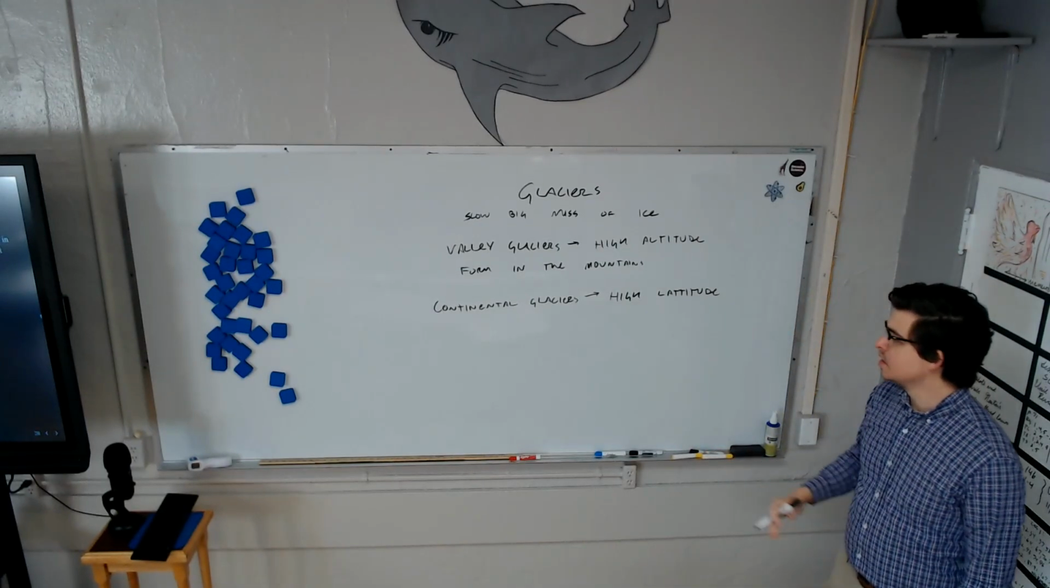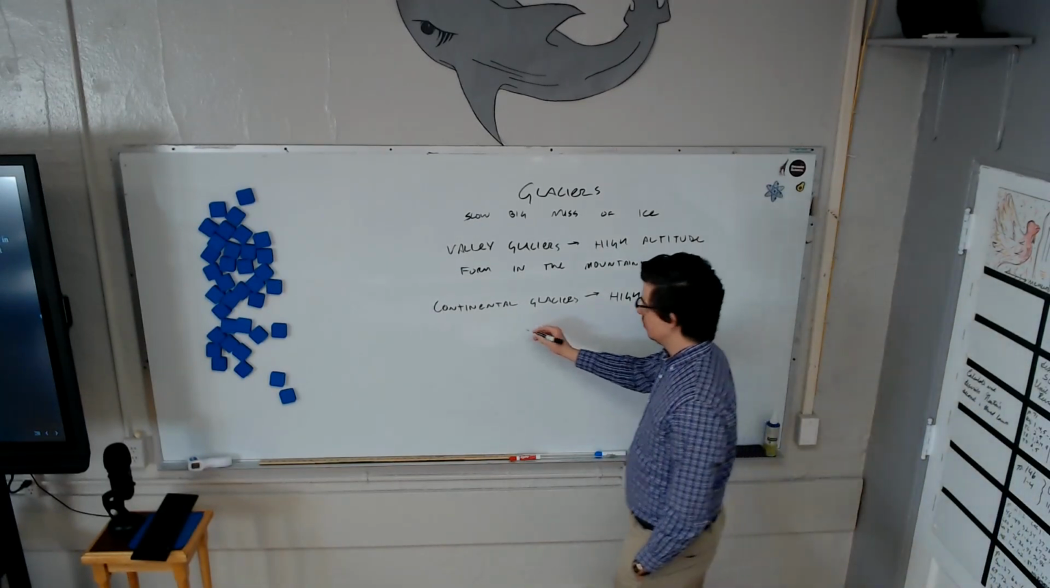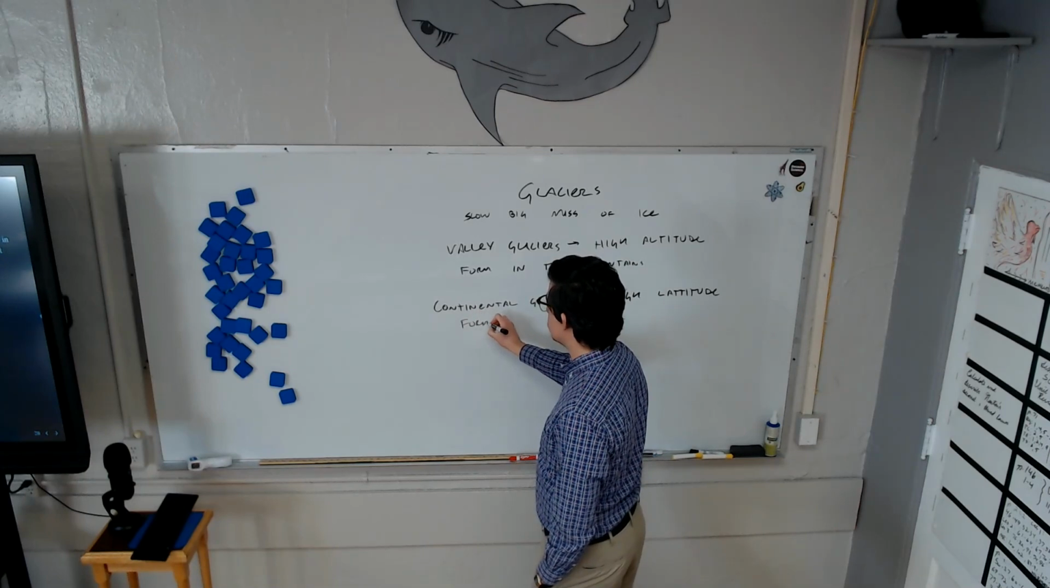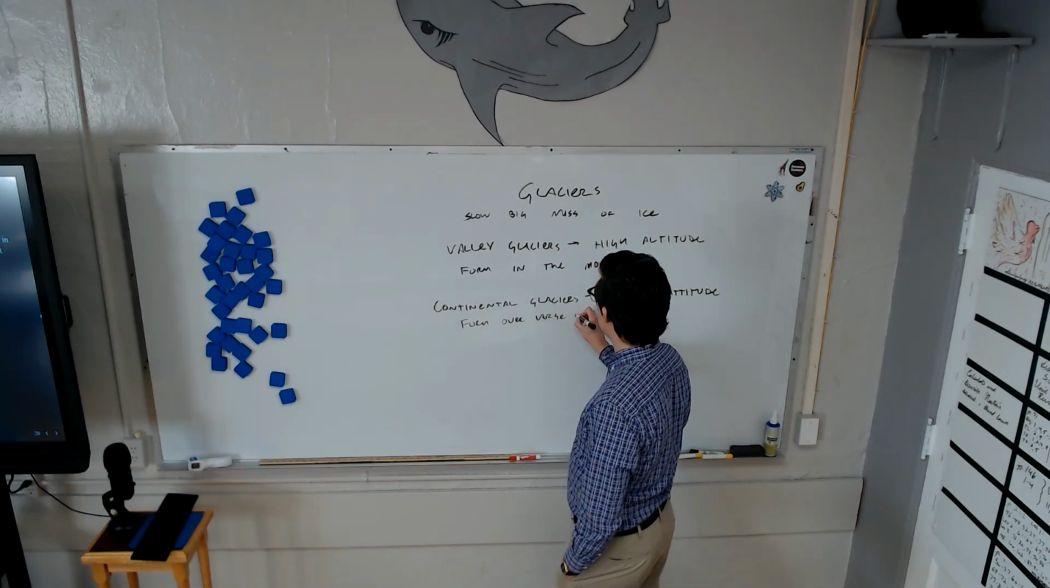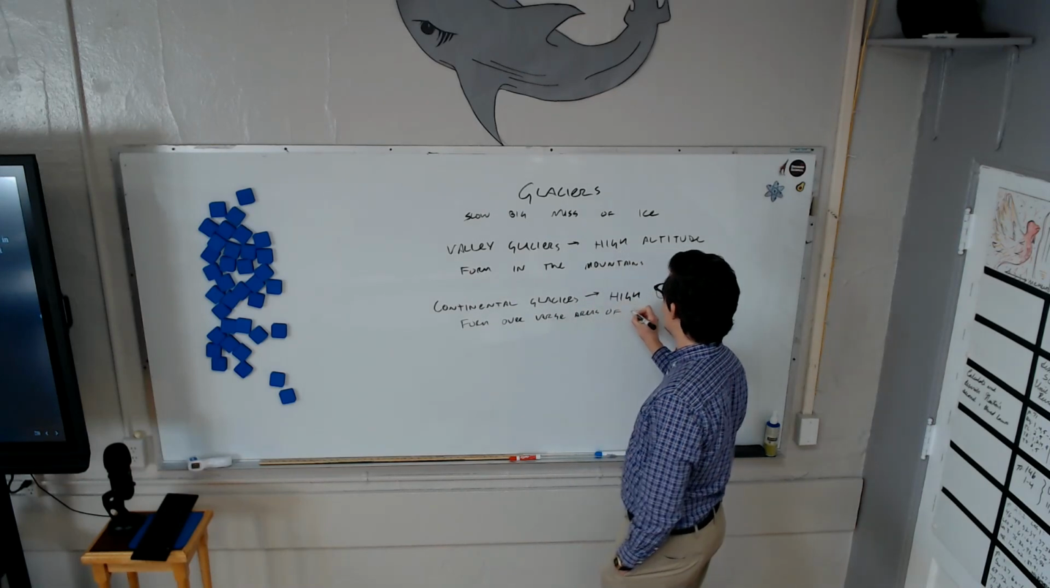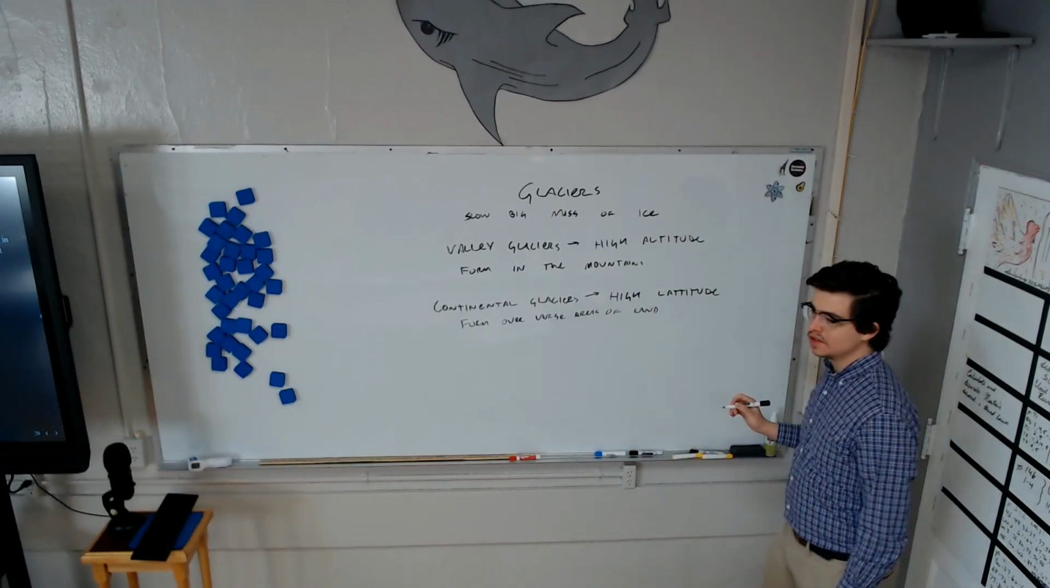Continental glaciers, you can tell probably just from the name, form over large areas of land, which we sometimes call continents. And this is important. The distinction is important because